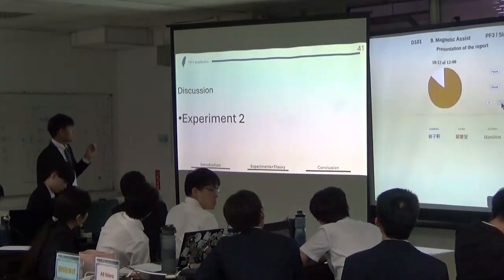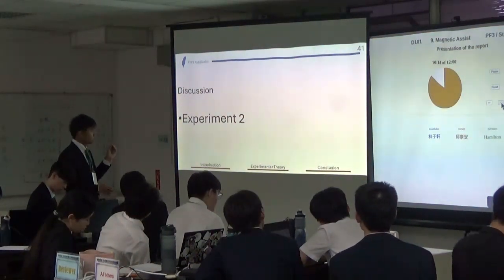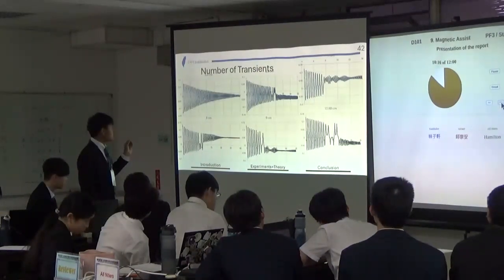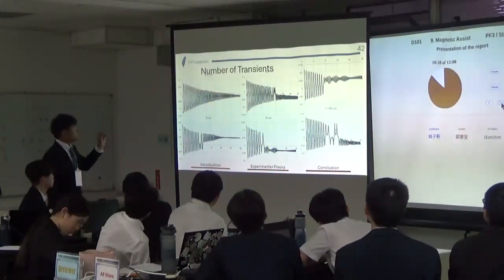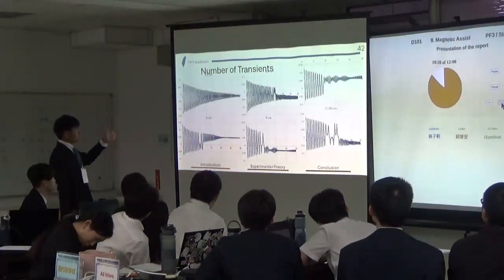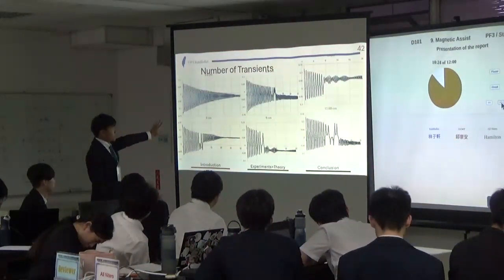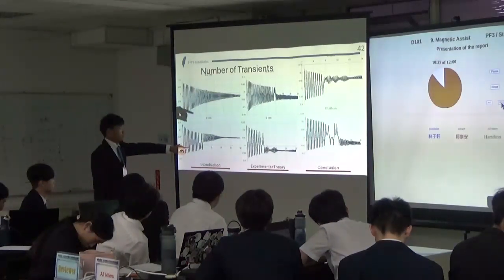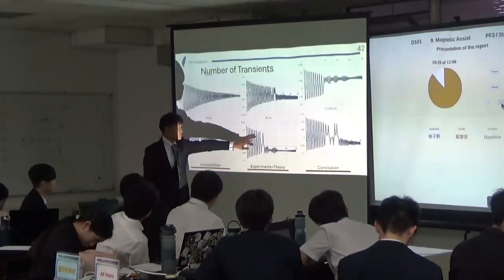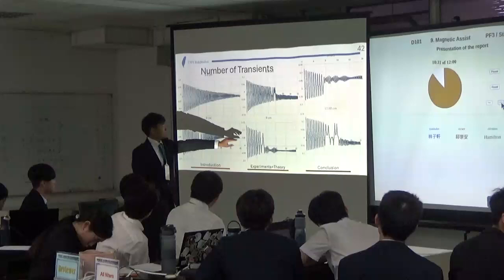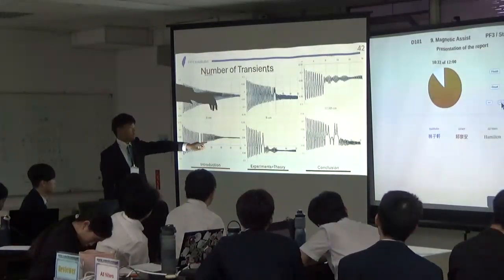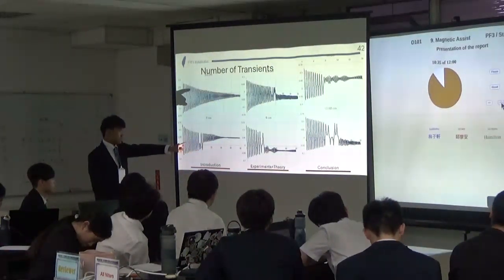And this is the discussion of experiment 2. So we can see the number of transients, and you can see over here that this part is kind of messy, and then we have the chaos. It's more chaotic than